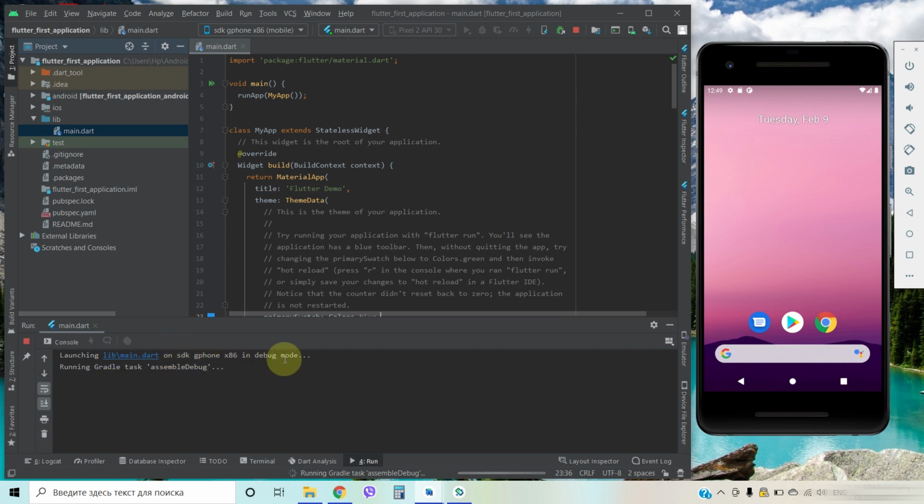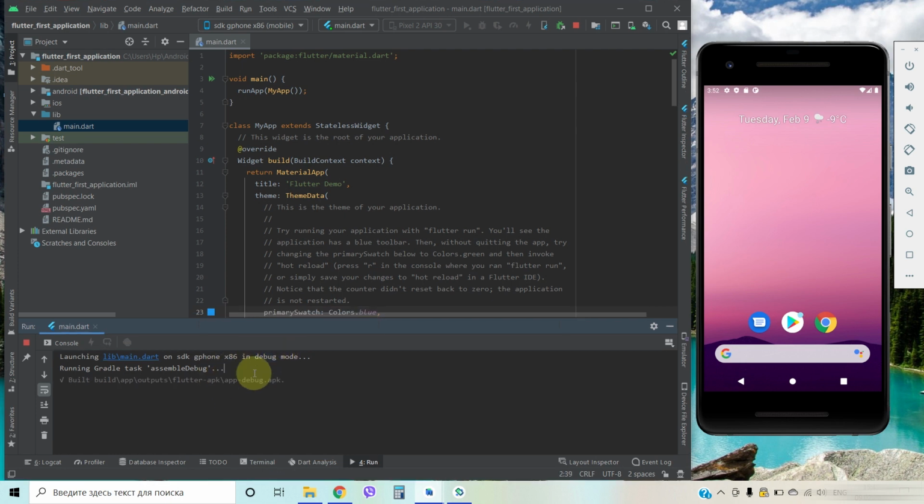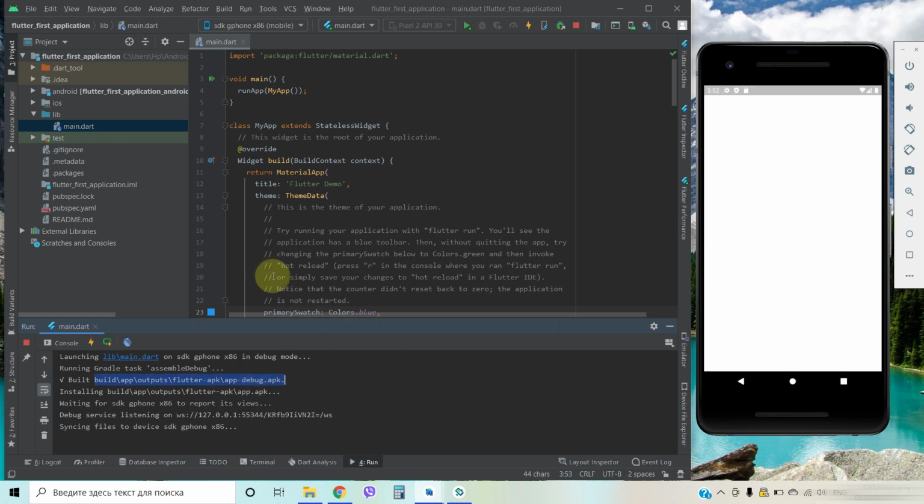Pay attention that the emulator works only in debug mode. Flutter has hot reload function, so we will try it a little bit later.